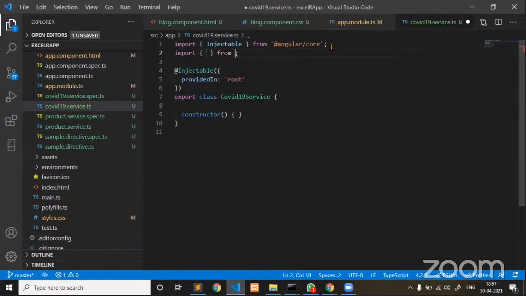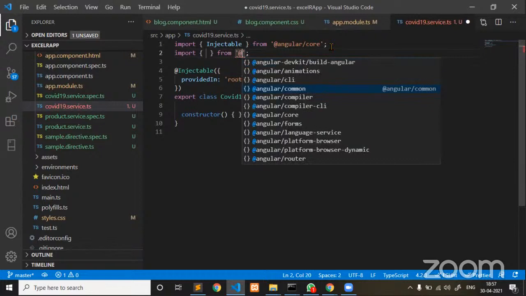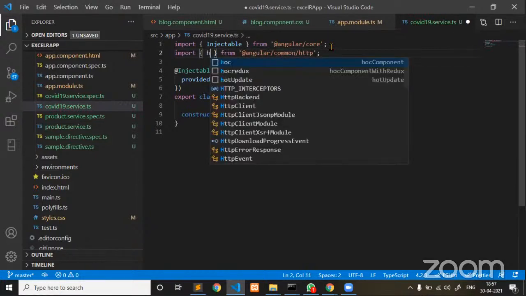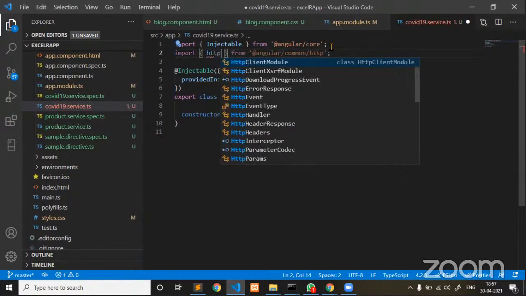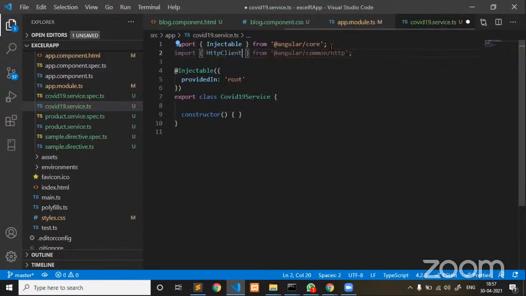So here, from @angular/common/http, we have to import HttpClient. So this is required, HttpClient, that's all. HttpClientModule we have already imported into our app.module.ts. Now HttpClient we have to import into my component, into my service, wherever you are planning to send